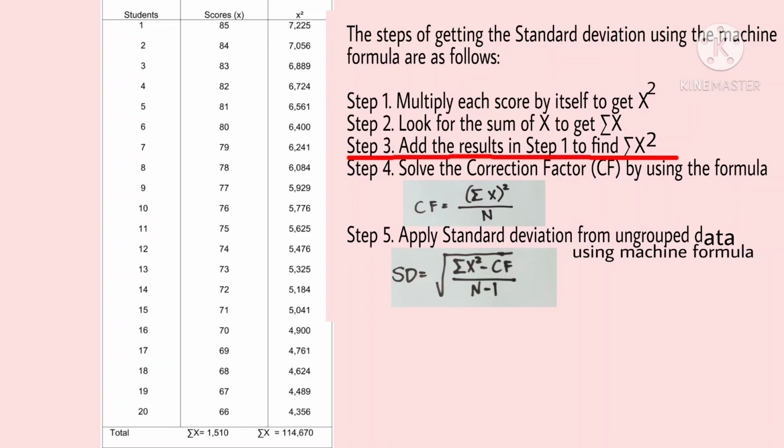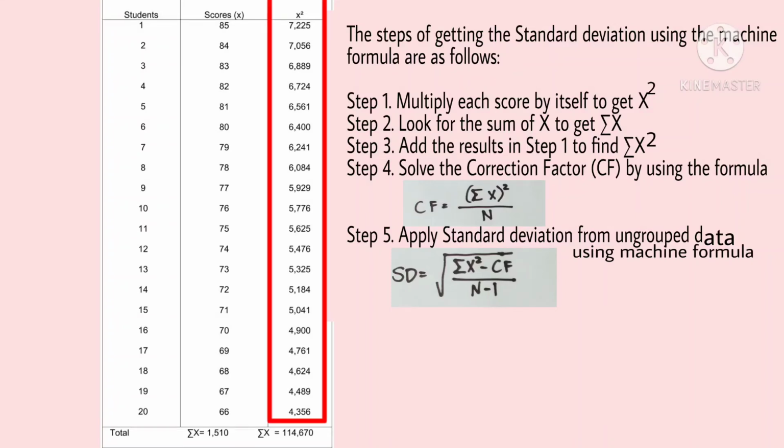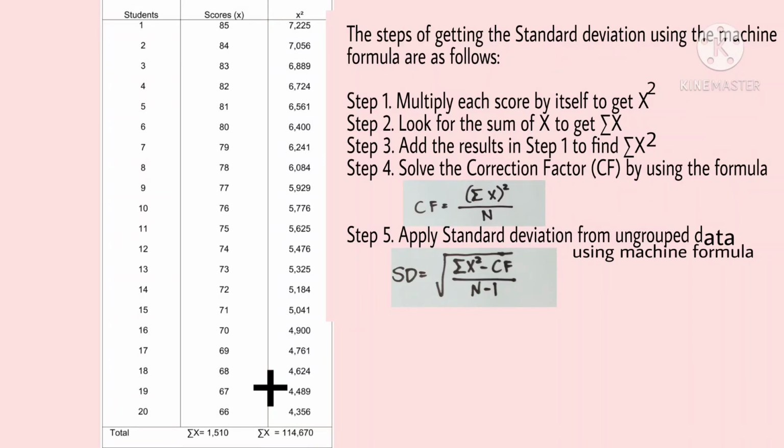Step 3 is to add the results of step 1 to find the summation of x squared. So the result of step 1, which is here in column 3, we are going to add to find the summation of x squared. So now let's add all together. 7,225 plus 7,056 is equal to